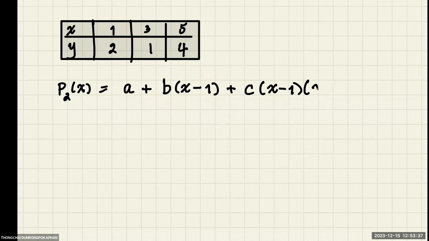If I plug in x equal to 3, this term will be 0. If I plug in 1, this term is 0. And this is going to be my polynomial of degree 2, because this term multiplied by this term gives you x squared. So now, for the first part, you get a plus